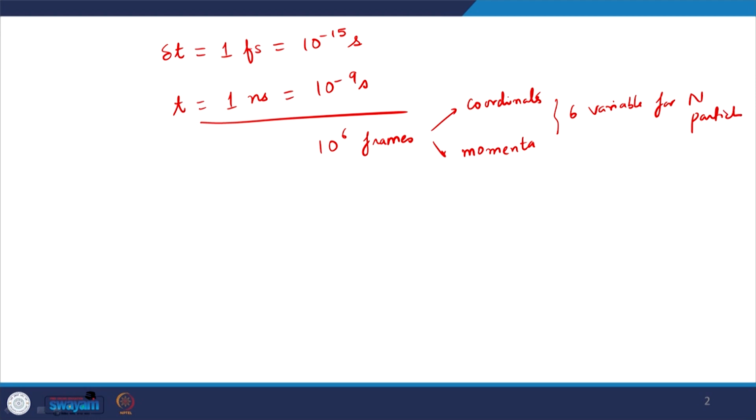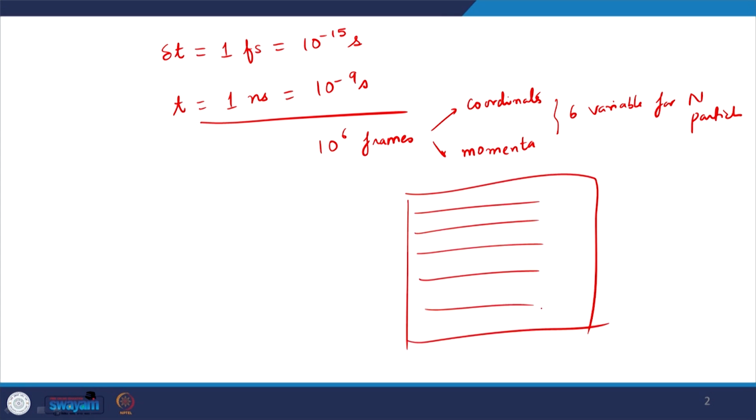So, imagine that we are writing the coordinates and momenta in a simple text file, and we have like 6 elements in that text file in every row for every particle in a single frame. So, for one frame you will have n rows containing 6 entries each, but then you will have 10 to the power 6 such frames for this very simple simulation. Even that text file is going to be so huge that it will take plenty of the memory on your computer. And let us say even if we save that, ultimately we have to compute properties using that data.